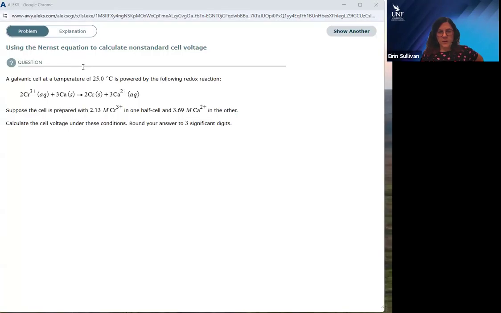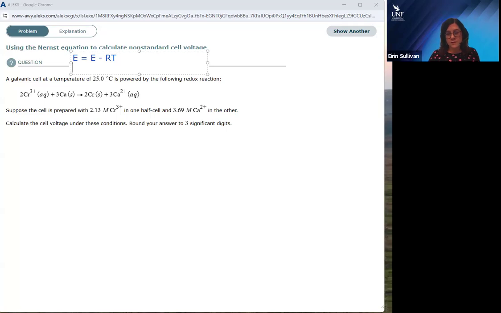Using the Nernst equation to calculate non-standard cell voltage. So the Nernst equation is giving you the value for each cell under any conditions, i.e. when we do not have standard conditions of temperature and commonly concentration. So we take the standard cell potential, which has that little degree symbol, and subtract from it RT, where